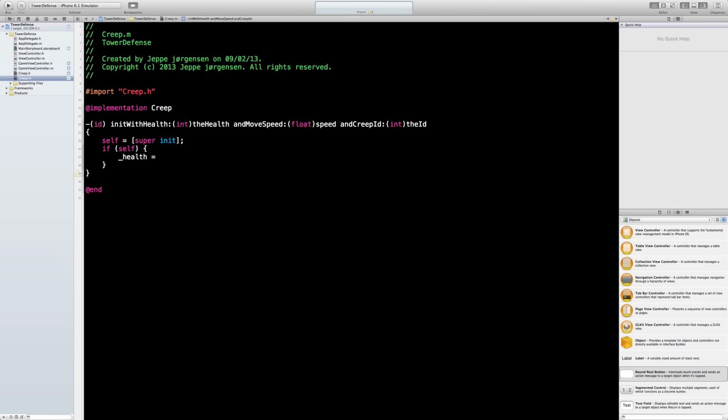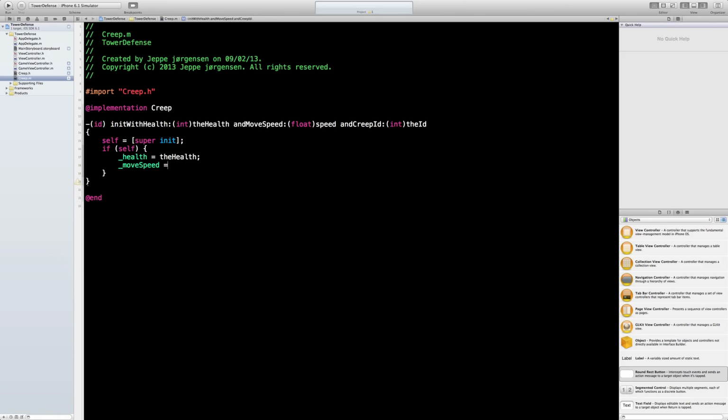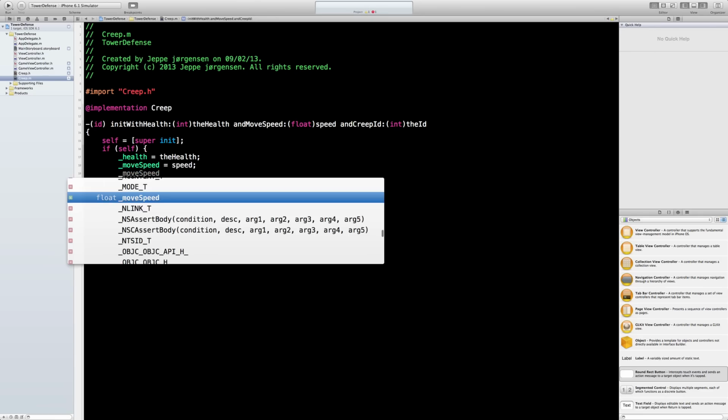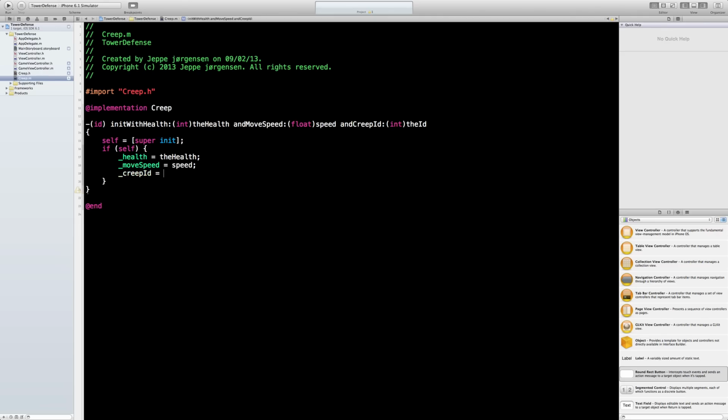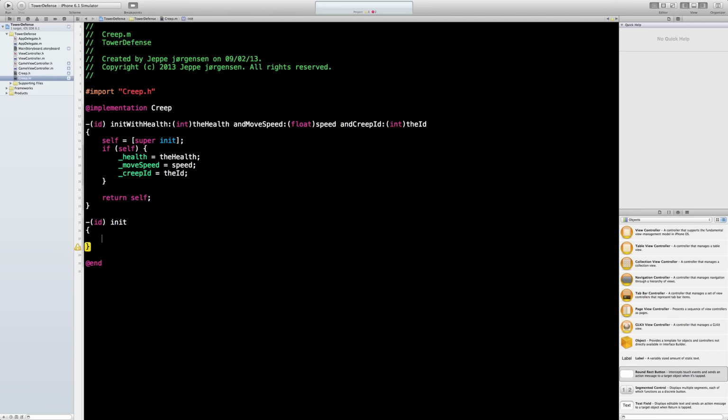Health equals health, and move speed will be equal to speed, and the creep ID will be the ID. Return self, and let's just override